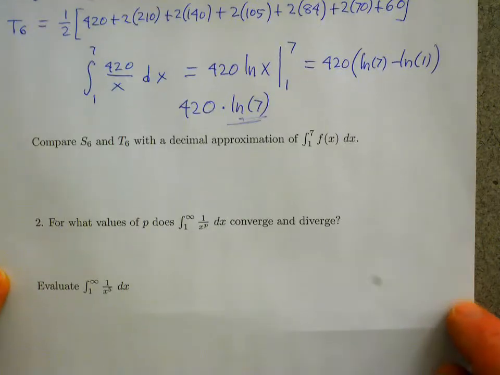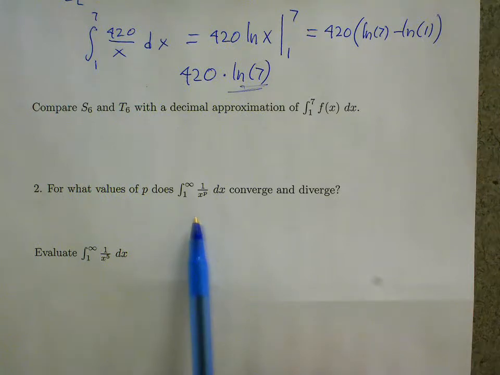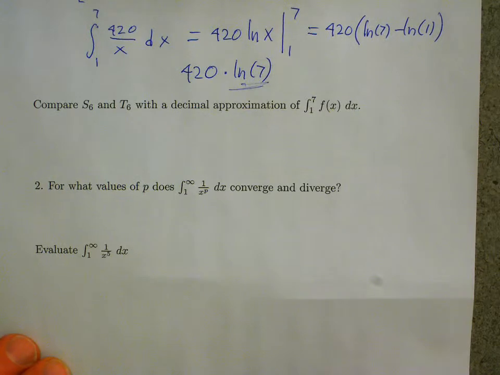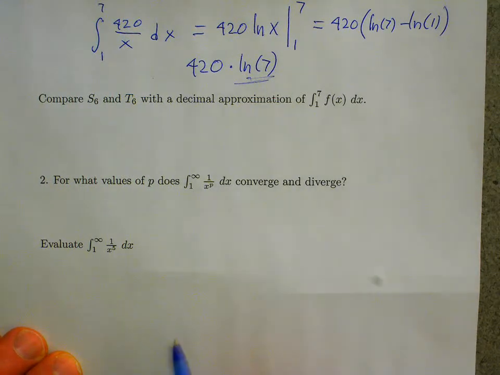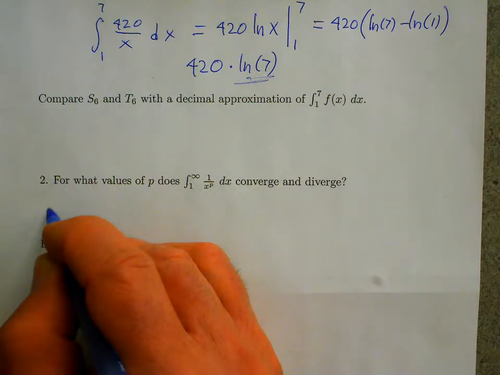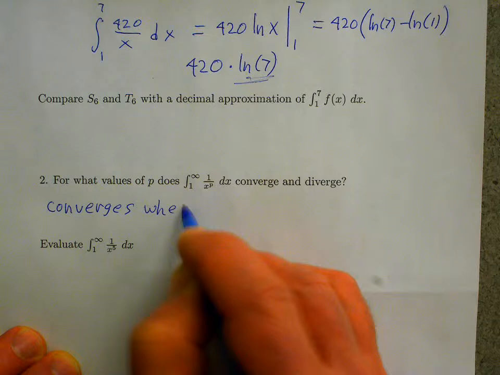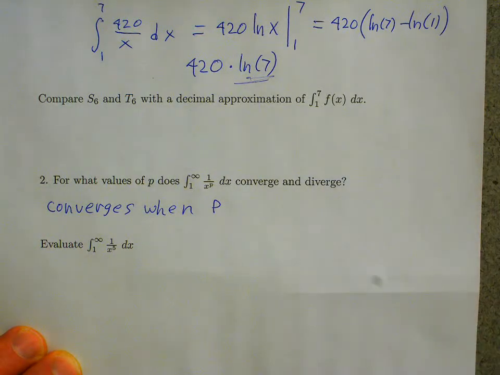Okay, moving on. The next problem. For what values of p does this improper integral of 1 over x to the p dx from 1 to infinity converge, and for what values of p does it diverge? So one day, a few weeks ago, we proved that this converges when p is